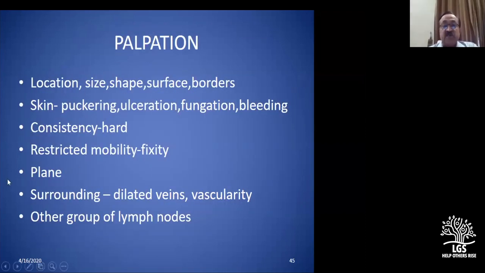the things which you are supposed to look after, everything here, the most important thing you get for all the neck metastases is they are usually very hard in consistency. I think most of the malignancies are hard. Skin changes are all coming under what is called secondary changes: puckering, ulceration, fungation, bleeding. If it is present, you say so. If no puckering, ulceration, stop. Only after ulceration, fungation, bleeding happens. Then comes restricted mobility. Yes, it was having restricted mobility, plain.